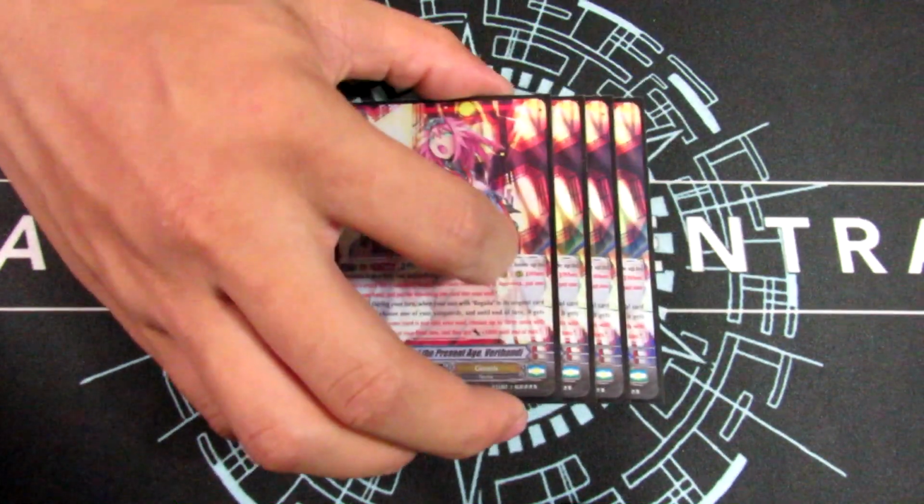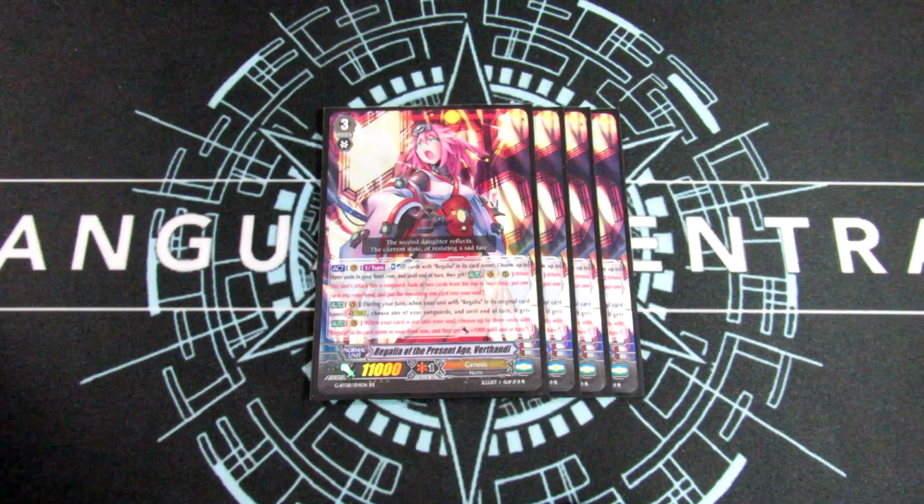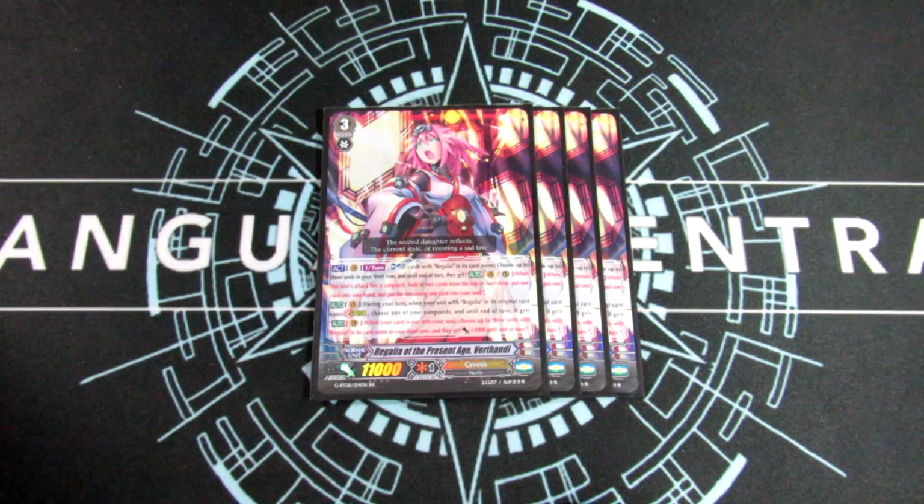Starting with our grade 3s, we are playing 4 copies of Verthandi. Verthandi is one of the new cards from the latest set, and it's actually really amazing, I think. Verthandi provides the kind of rearguard support that Regalia needs in order to be good again, and I feel like it's really great for the second Stride skill, basically, where it gives your Vanguard with Regalia in